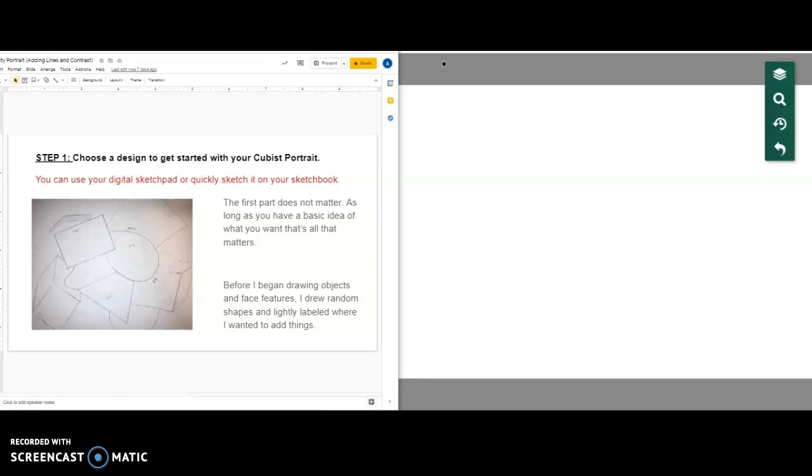Wonderful scholars. So we're gonna go ahead and get started on our digital cubist portrait. Remember, step number 1 is to add shapes to come up with a simple design. And as we already did in class,